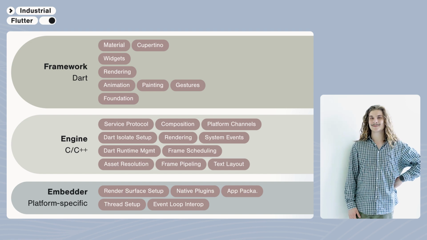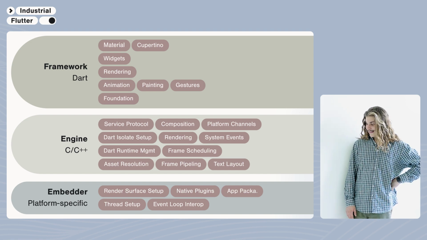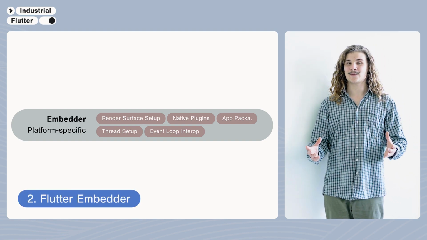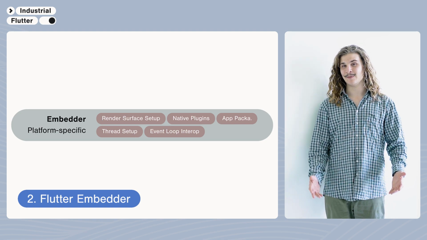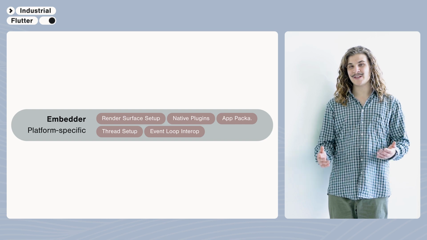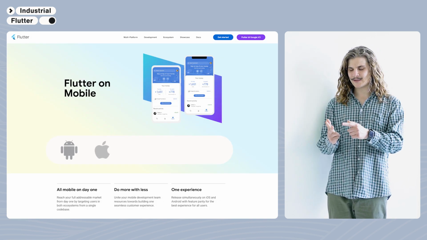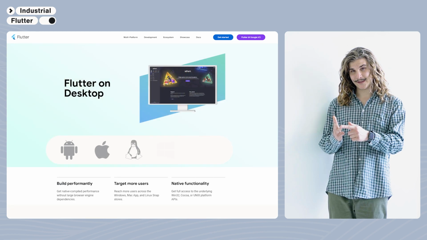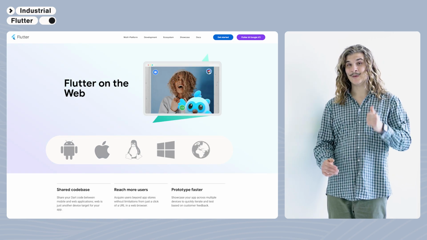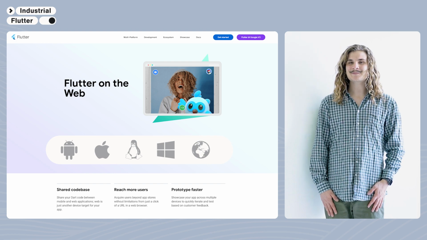Right at the bottom, we've got the most important part, the Flutter embedder. The Flutter embedder is basically a fancy piece of software that allows Flutter applications to run on a given platform. The Flutter team provides embedders for several different platforms. I think they provide for Android, iOS, Linux desktop, Windows desktop, macOS, and there was another one, web. You can run Flutter in your browser. If you didn't know that, go check that out.